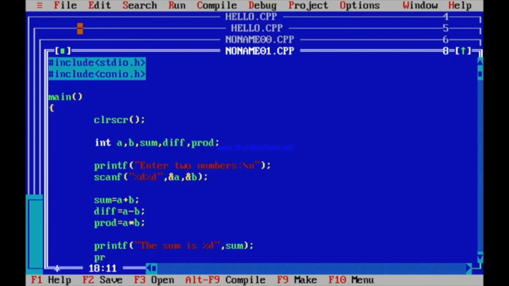Then again printf, the difference of the two numbers is, what is the difference between the two numbers? You just write %d. Who will replace this %d? You can understand it is the difference variable, because the difference of the two numbers is in diff variable, followed